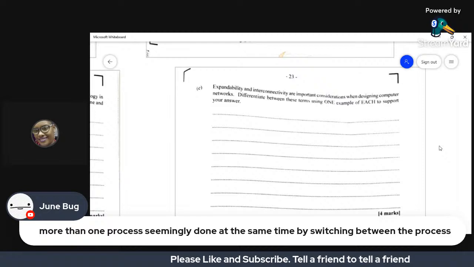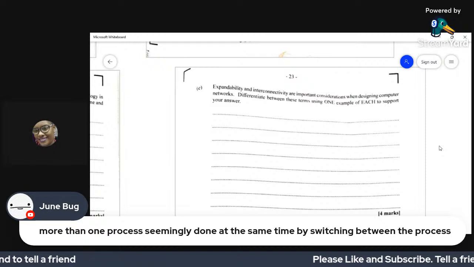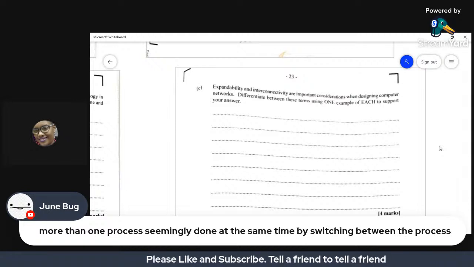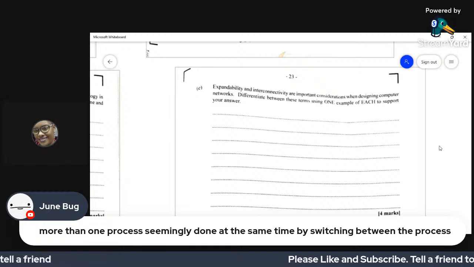Is it where you'd be able to add additional devices to your network? Is it that you'd be able to add devices, nodes, routers, any one of those things? Would the network that you have now be able to expand?